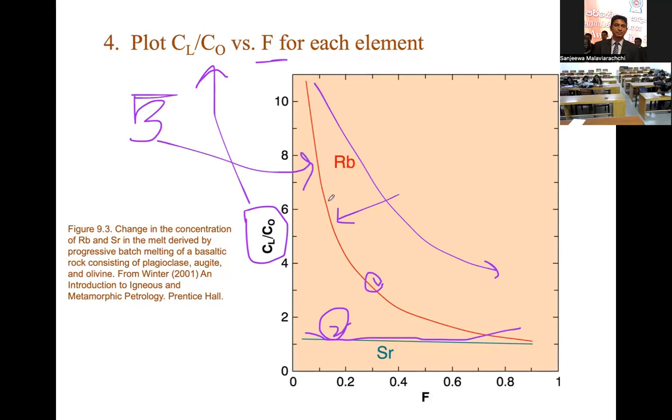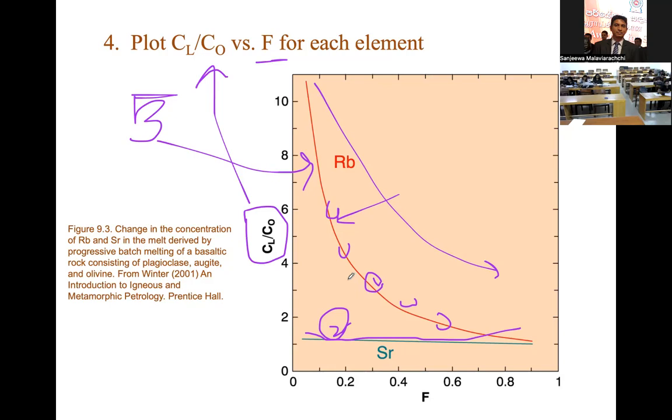So if your rock's behavior is consistent with this one, that means for different degrees of melting, you have these amounts of rubidium and strontium, then you are quite consistent and confident that your rock must have been subjected to a batch melting process